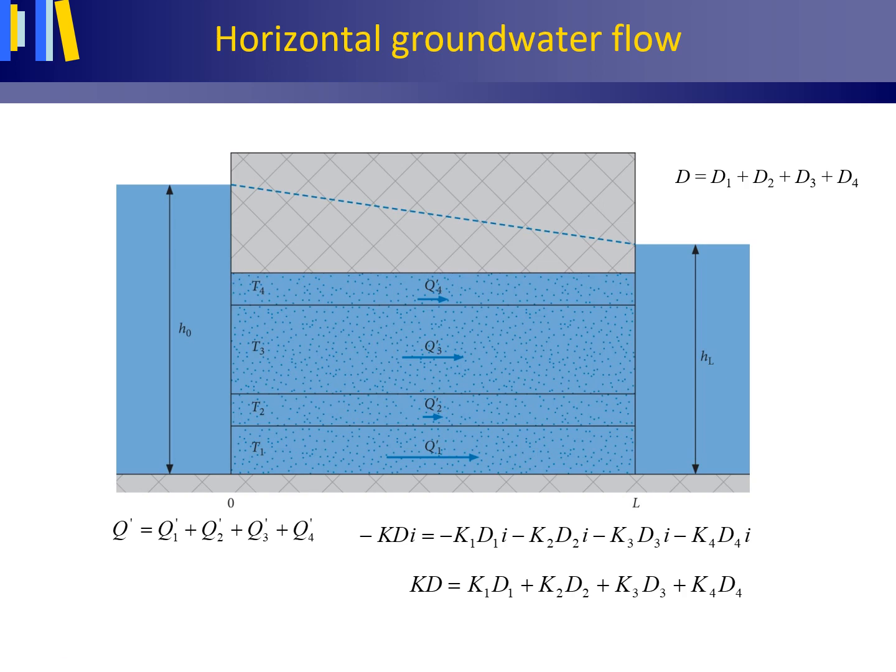As we know the values of K1, 2, 3, and 4, D1, 2, 3, and 4, and their sum D, we may derive the hydraulic conductivity for the aquifer as a whole, K, from this equation. This K, without a subscript, is called the substitute hydraulic conductivity. It is the hydraulic conductivity in meter per day that we can assign to the aquifer when dealing with the aquifer as one entity instead of 4 separate layers.